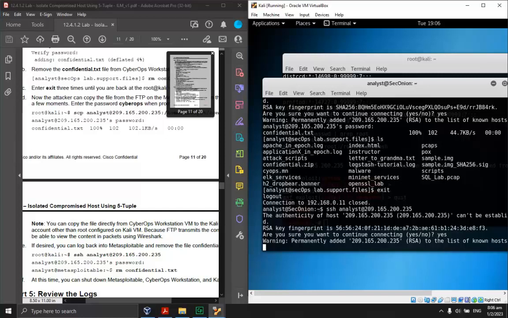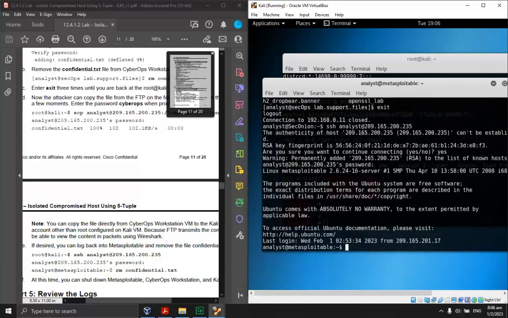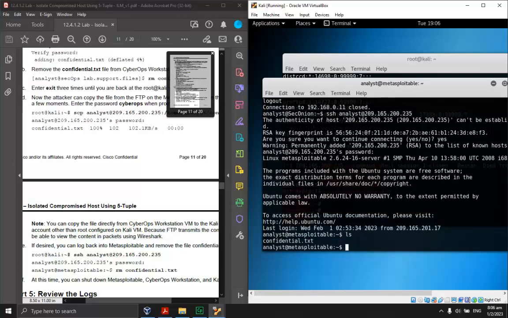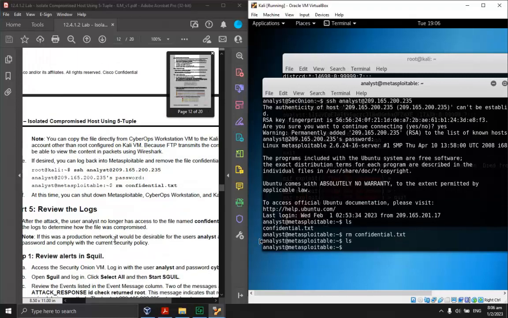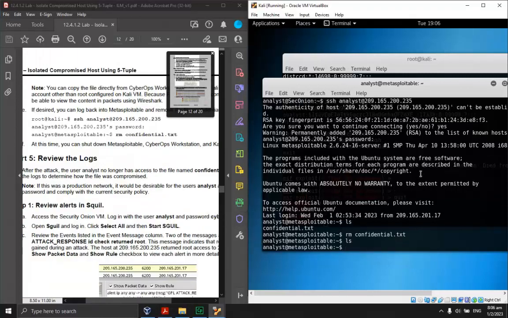So you can see that I didn't grab the file directly from the CyberOps workstation. I copied the file onto the vulnerable server, and from the vulnerable server, I grabbed the file onto my Kali Linux, which is acting as the attacker. After grabbing it, I removed the file to hide my path. So basically we have done a successful attack by making use of the vulnerability of the